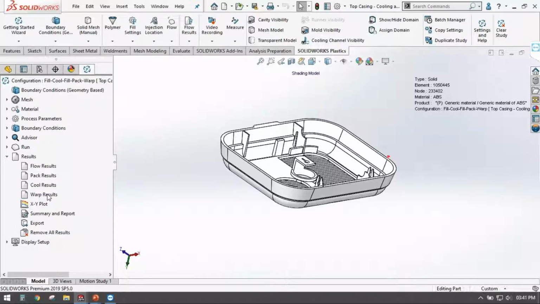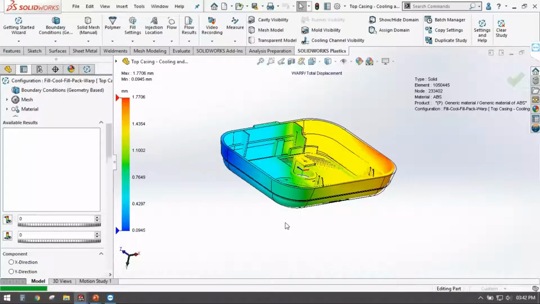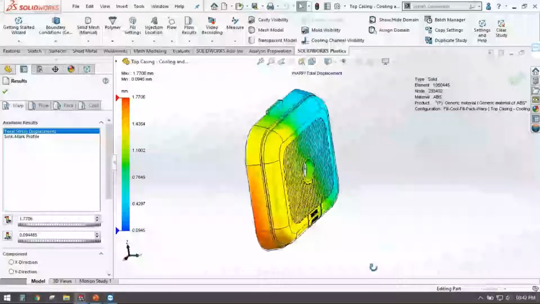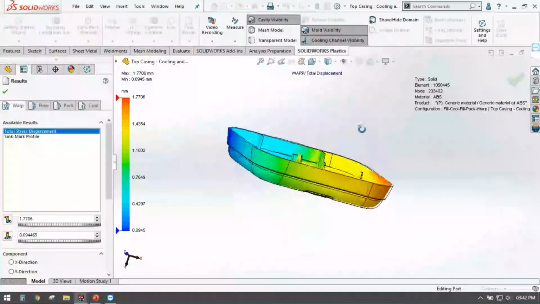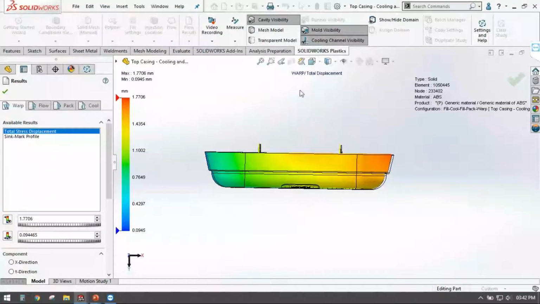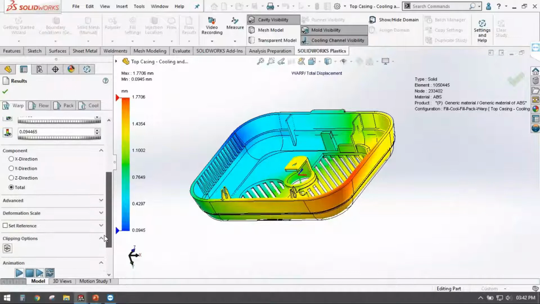So you can even check in which direction the warpage is occurring, according to the placement of your injection mold and the gravity location. So whether your plastic mold is kept in this location or kept like this, depending on the gravity, it will decide what the warpage is.